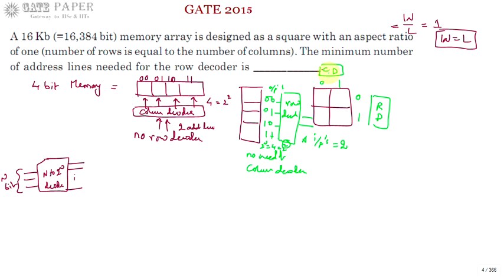So, the column decoder is going to have 2 outputs. The decoder output is 2, so it requires 1 input line. So, 1 address line is required for the column decoder and 1 address line is required for the row decoder. This is input and this is output of the decoder. Okay. So 2 address lines are required, one for the column decoder, one for the row decoder, for the 4-bit memory. Okay. Similarly, if you are going for the 16-bit memory,